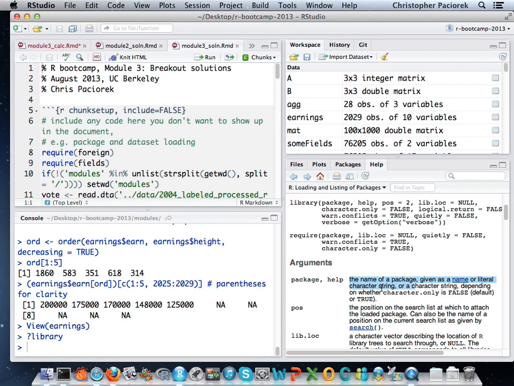It's a little beyond what I can answer at this point in terms of what it's actually doing if you give it the word foreign without the quotes, because there has to be something more complicated going on behind the scenes in terms of processing that. Yeah, my answer is not very satisfactory. There are cases where you can do either and it's fine, and if you can't, you'll generally get an error message back and you'll realize you have to switch to a character string, for example. I think oftentimes it's probably safest to give it a character string, but that's me talking off the top of my head. Other questions?